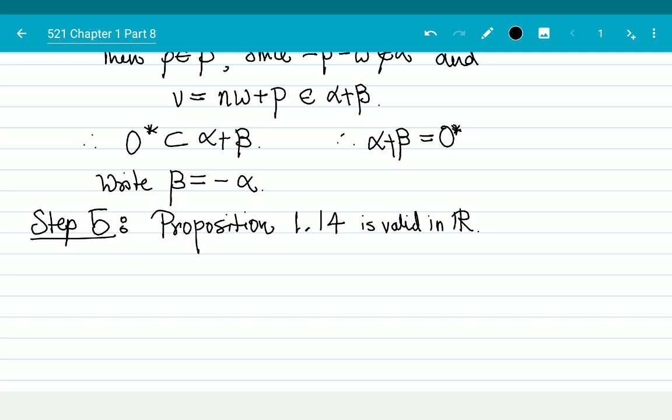But this is a proposition about addition. Please look up the one in the book. From next time onwards, maybe I should stick to the naming convention of the book, since we do use it at times. Okay, but proposition 1.14 is valid for R, and therefore we can prove